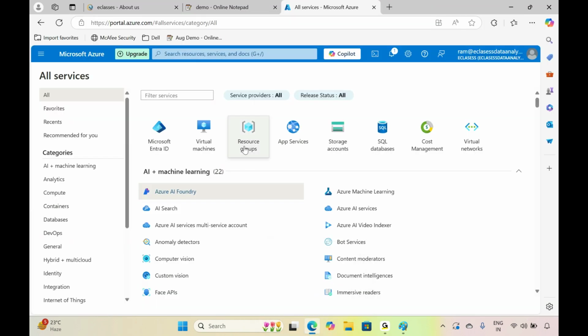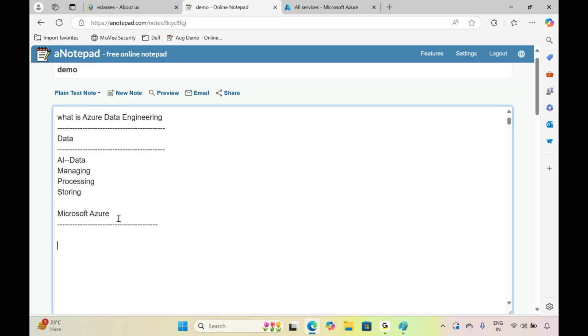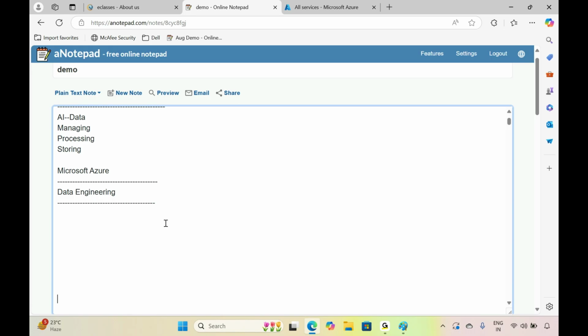As a part of Microsoft Azure, inside the cloud, to do data engineering, what are all the software services available? As a data engineer, we look at the services available for storage purpose and for ETL purpose.